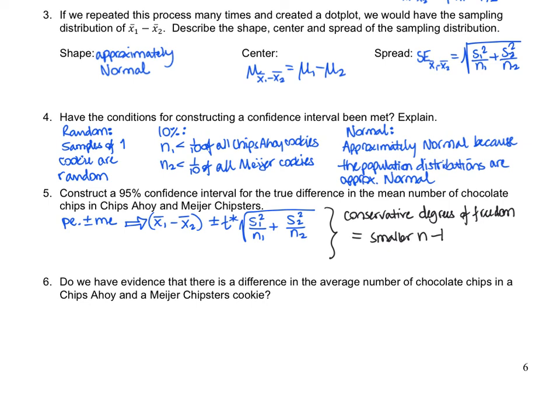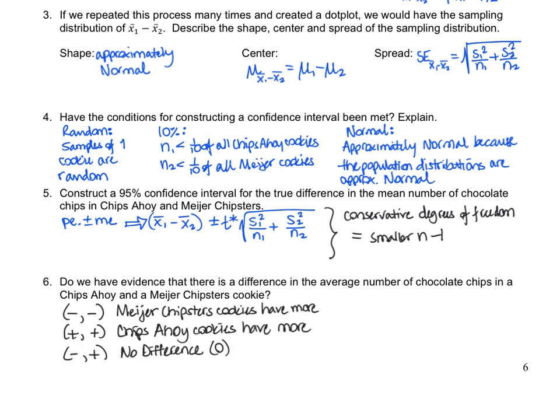Number 6 asks us, do we have evidence that there is a difference in the average number of chocolate chips in a Chips Ahoy and a Meyer Chipsters cookie? And the answer to this question is all about what we end up with in the interval. So let's just refresh our memories on what we could see. We either end up with a lower bound and an upper bound that are